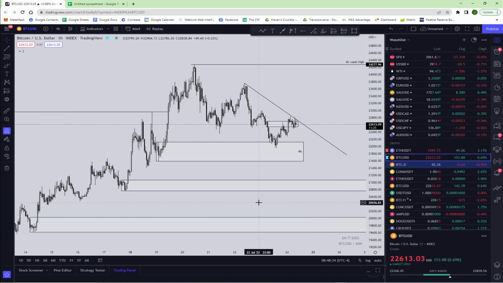But if you know anything about swing structure, you can see that this supply zone got taken out here. And if you don't know what I'm talking about, check my market structure video as well on the channel. The most likely thing to happen is this is going to come over this price, in my opinion. Now, it could still go down here, but we broke this supply zone, which means it's probably going to be going after a higher supply zone. The next higher supply zone is right here, and we just missed it.